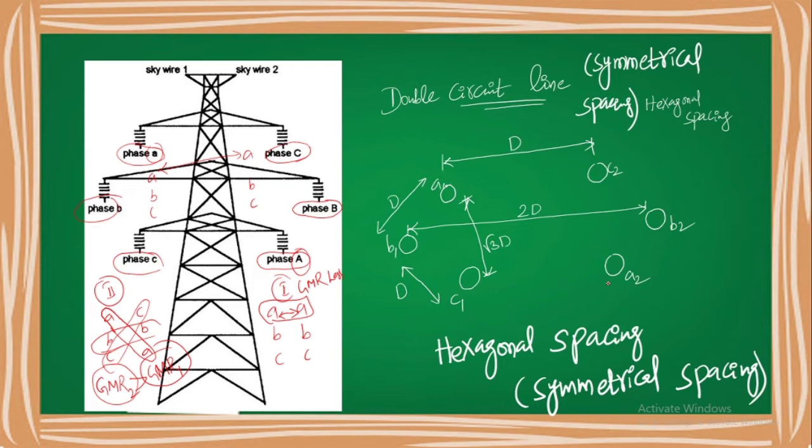It is not a single circuit, it is a double circuit. Each phase has two parts, and each part is allowed on one side of the supporting tower. We call this type of arrangement a double circuit line. One way of arranging the double circuit line is a symmetrical way, right? Now, according to the properties of hexagon, let me go through the second slide. I think you have understood how we can call this a symmetrical arrangement, or this type of arrangement is called hexagonal spacing arrangement, or symmetrical spacing arrangement of double circuit lines, right?